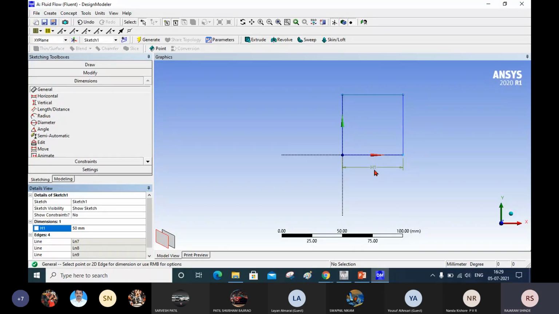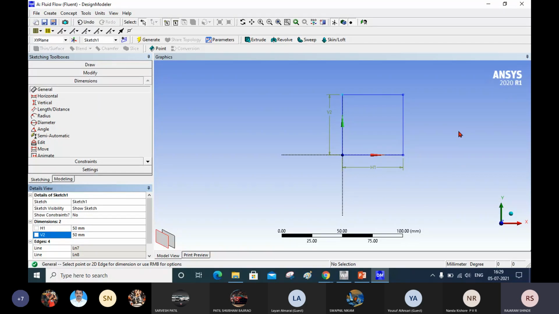After that, again you are in this dimension option in general mode. You go to this line again, you select this, move your mouse, and place it at a location. Now it is showing V, and its length is 49.755. You need to change it. Click here and enter 50 millimeter. Now you will get the 50 by 50 rectangle.